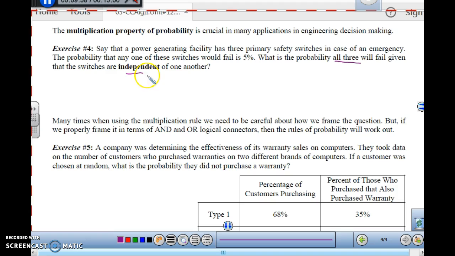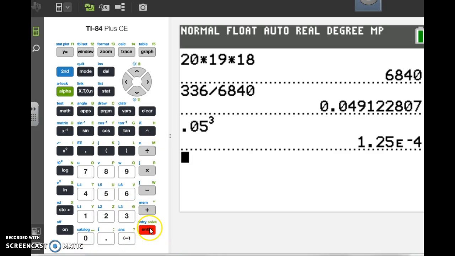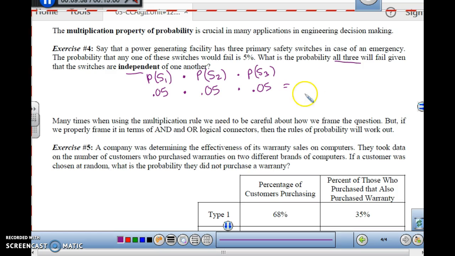Okay, so the probability of switch 1 failing, well, that would be 5% or 0.05. And switch 2, so we would multiply the probability of switch 2 failing would be, well, does the 5% fail affect the second one? Nope, that's still going to be 5%. Still going to be 5%, and then the third switch failing is still going to be 5%. So when I multiply 0.05 times 0.05 times 0.05, all right, it's 0.05 cubed,